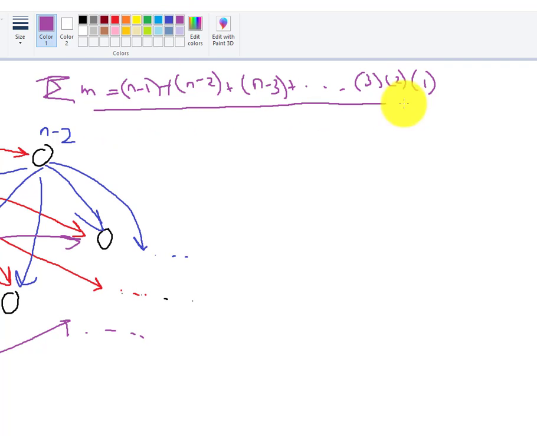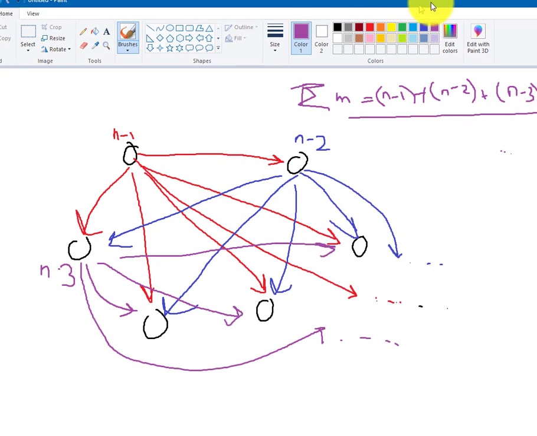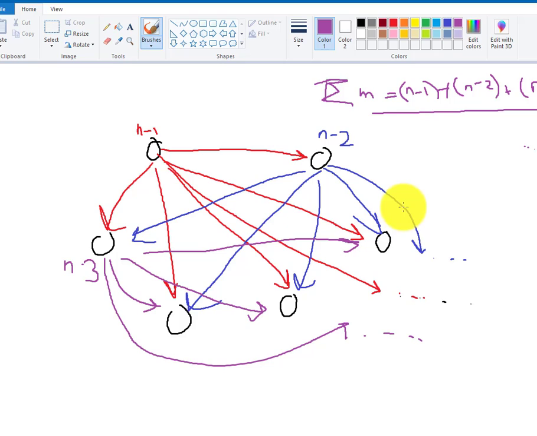So you'll keep going on, and you've got to sum this. And doesn't this look familiar? Yes, it does. And I think I'll leave the rest to you. I turn your attention to the addition of Taylor series. So just have a look at the previous lecture on that if you haven't. Fantastic. So if you can sum that, you'll get something that'll tell you the total number of edges for a